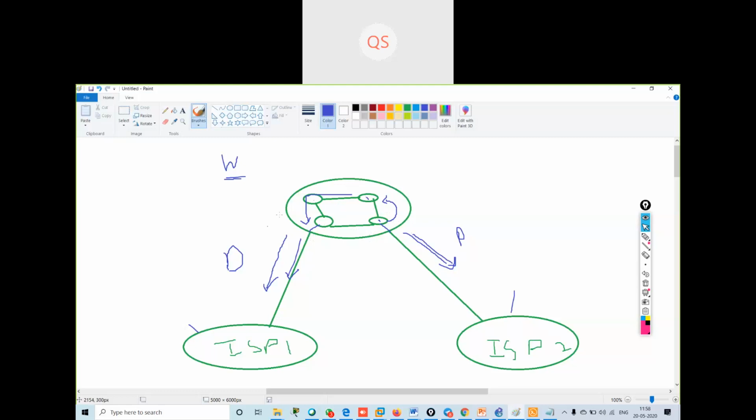So only this border router will keep the route information with itself. When we change the information, it will not pass the information to other routers. Got it?